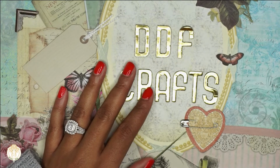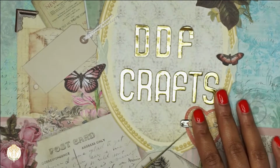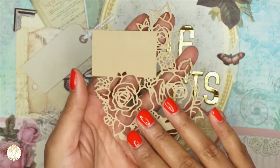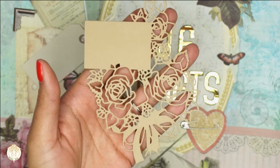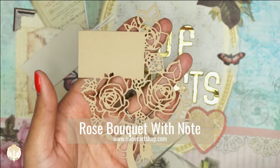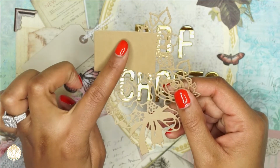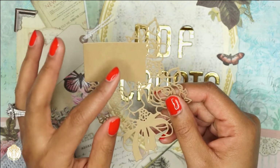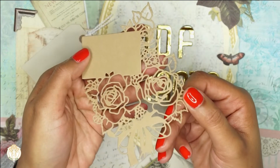So they sent me a couple of dies, and I have them in this little basket. All right, now the first one, and I do have some cutout samples of each one of these dies as well. Okay, so the first die is called the Rose Bouquet with Note die, and I really like this because you can go ahead and stamp a sentiment directly onto this, or you can just stamp your sentiment on a different die cut piece and then mount it to this, and this will be awesome as